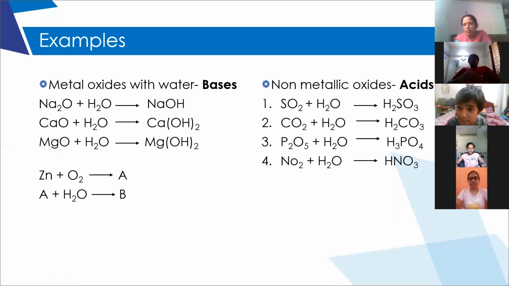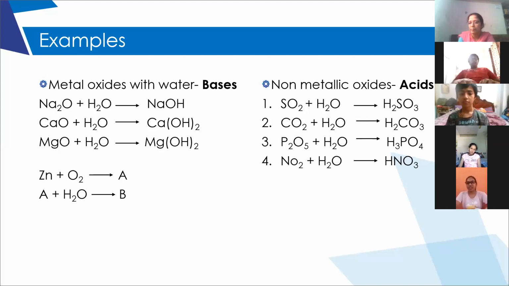Acetic acid, ma'am. It is acidic in nature. Acetic acid is vinegar. Yes, ma'am, but it has hydroxide. No, it does not have hydroxide. Vinegar reacts with hydroxides. It reacts with bases. It does not have hydroxide. Okay, ma'am. It contains an acidic part. We know acid reacts with base, right? It reacts with hydroxides.